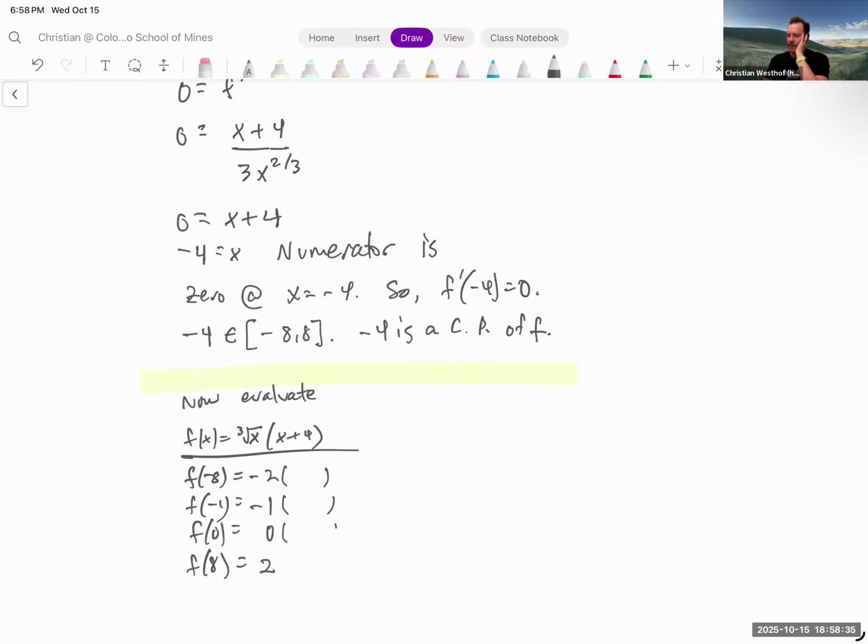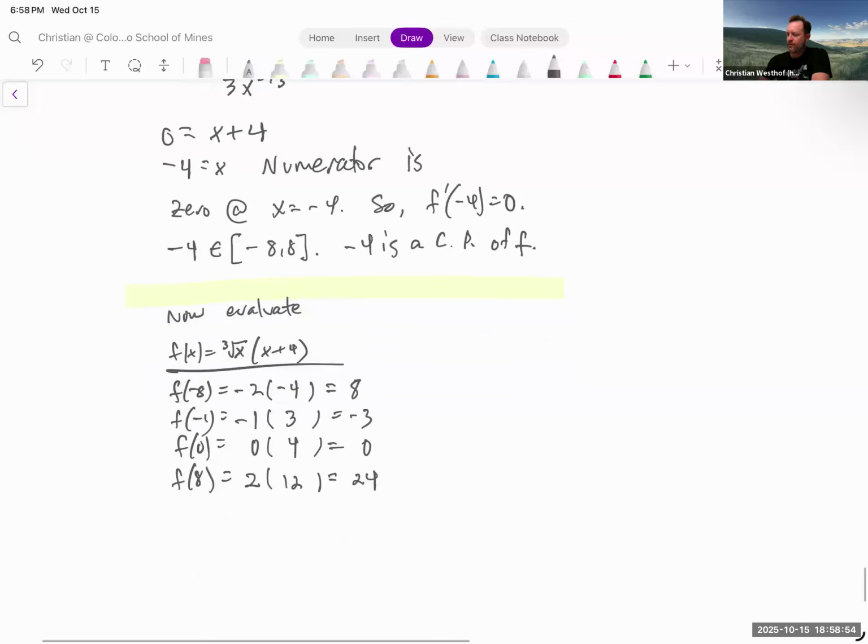Now, plug those same inputs into x plus 4, and we get -4, we get 3, we get 4, and we get 12. So we're going to get an 8 and a -3 and a 0 and a 24. Okay, so 24 is the global max happening at endpoint 8, and then -3 is your global min happening at critical point